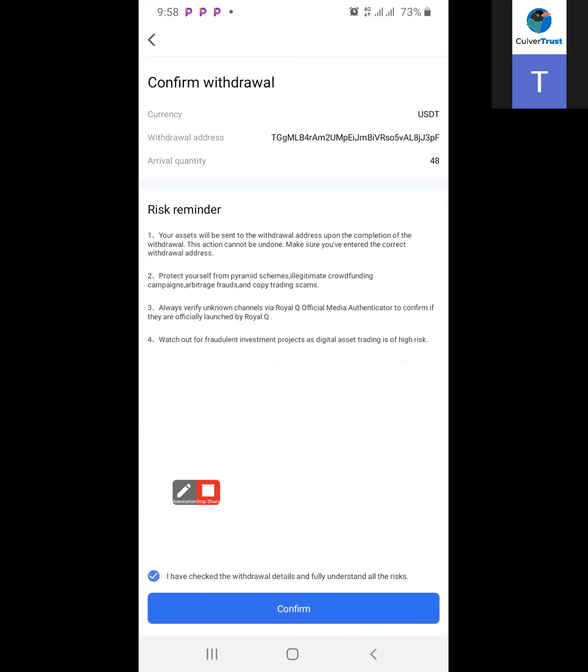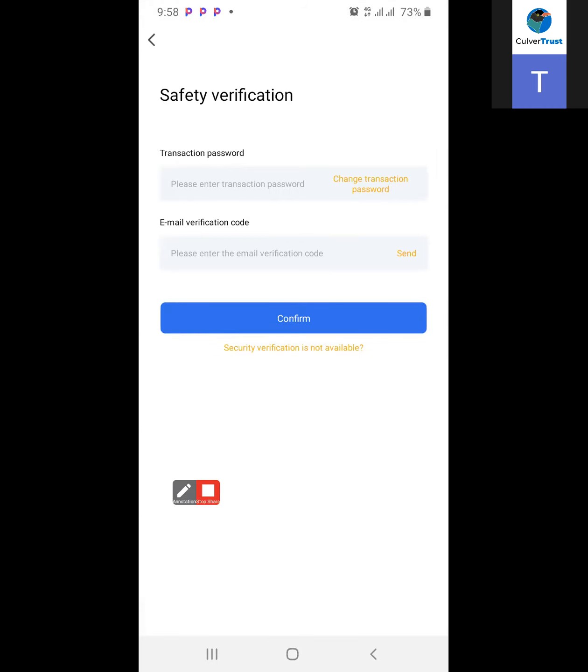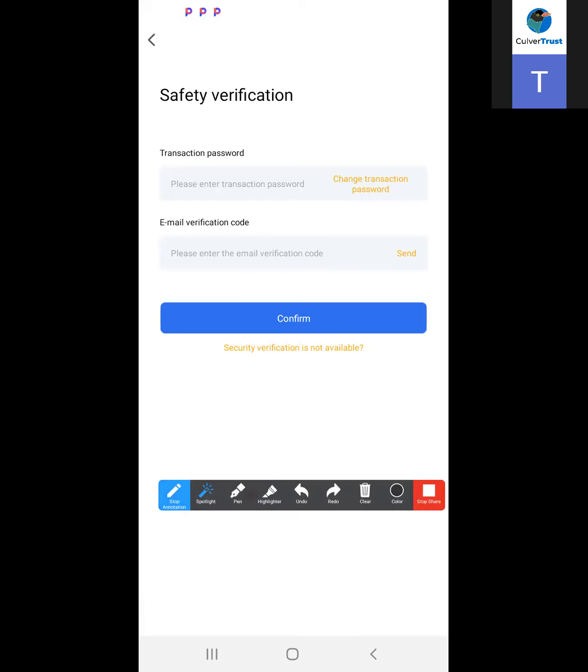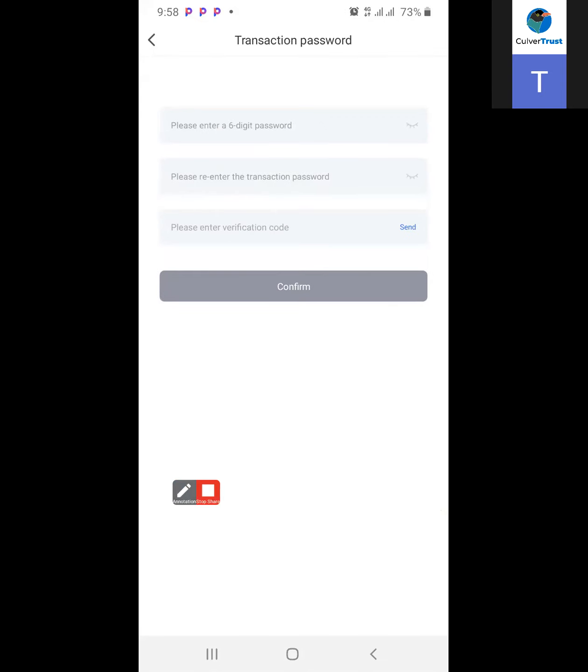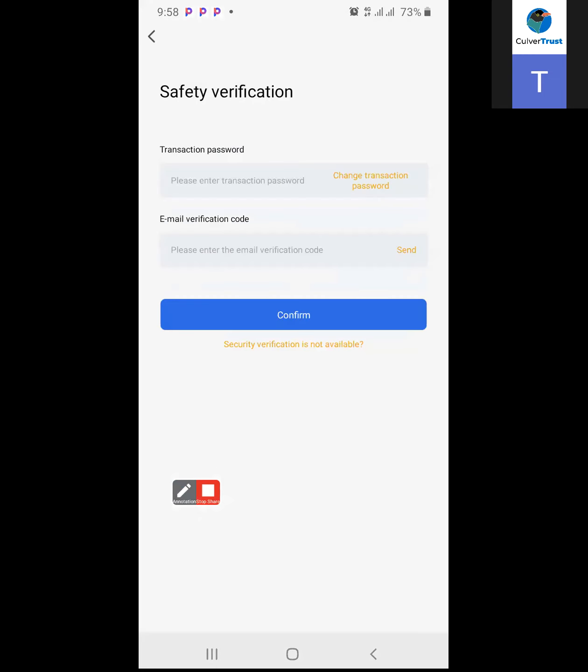So once you click confirm, it is going to ask you for the transaction password. If you haven't set it before, you just have to click on it, then you set a new password for it. Usually it's always asking for a 6-digit password. So once you set it and click confirm,